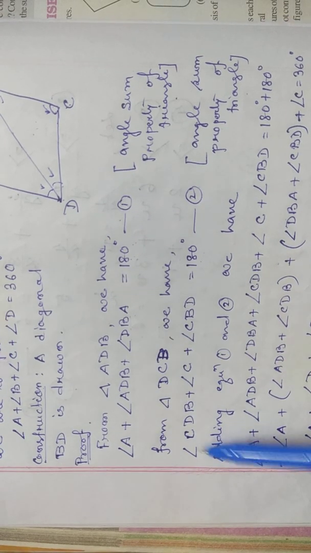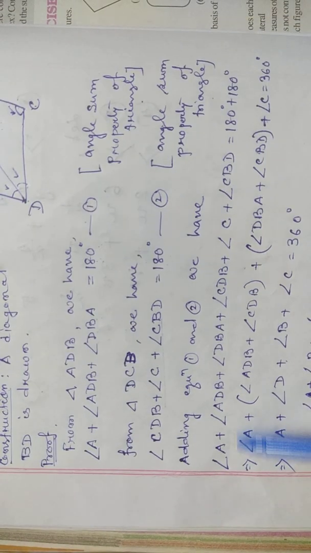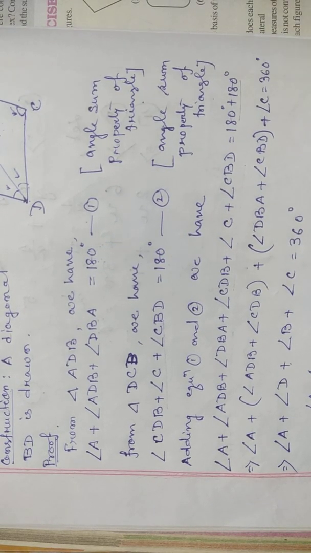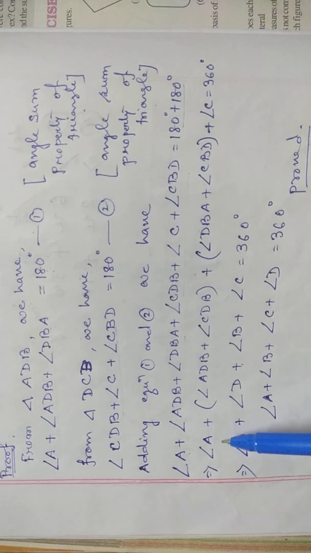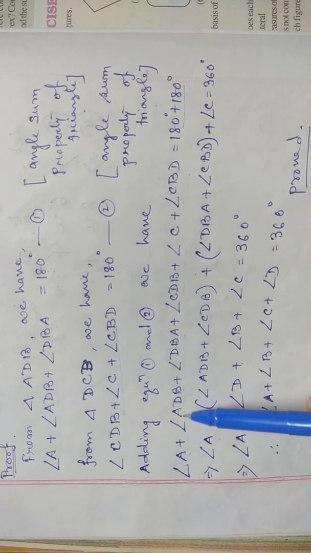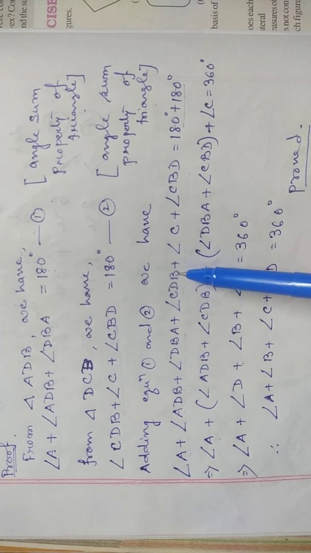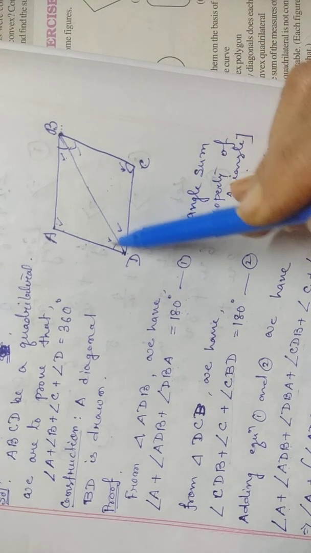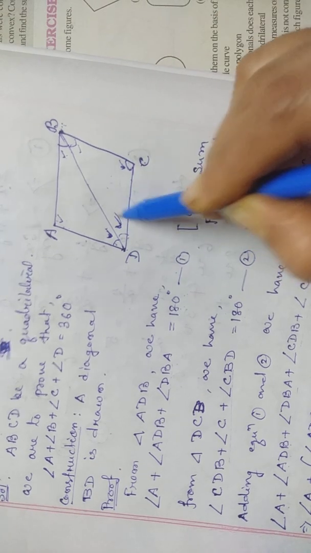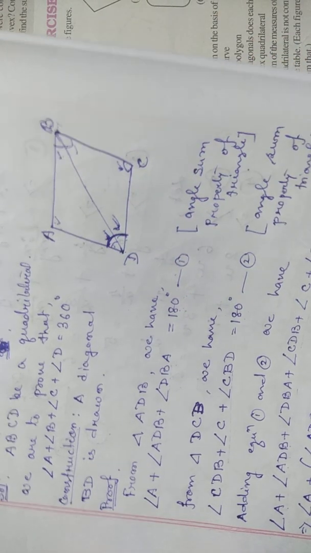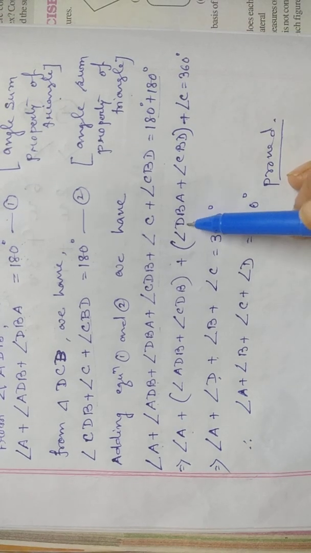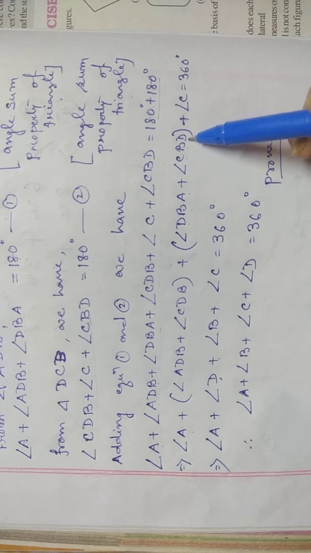So this left hand side plus left hand side. Right hand side 180 degrees, 180 degrees. Clear? Then you see, this is angle A, angle A. Now angle ADB, which one have I taken? ADB plus CDB. Now see in the diagram. ADB, which angle? This angle. CDB, which angle? This angle. If you add these two, then which angle can you find? Angle D. Clear?